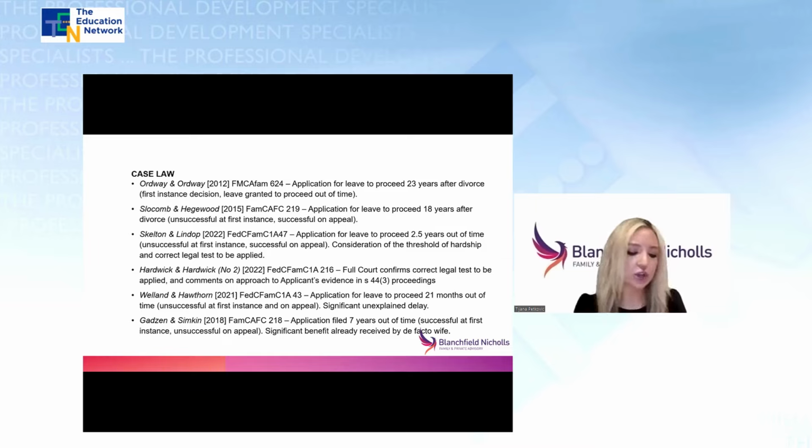In this case, the explanation for the delay was found to be inadequate, not least because the applicant admitted to receiving legal advice about the need to bring proceedings before the limitation period lapsed, and then she also received further advice after the limitation period had lapsed about the need to immediately bring the application for leave to proceed to avoid the accrual of any further delay. The applicant admitted ignoring that legal advice for a period of about 2 years between 2017 and 2019.